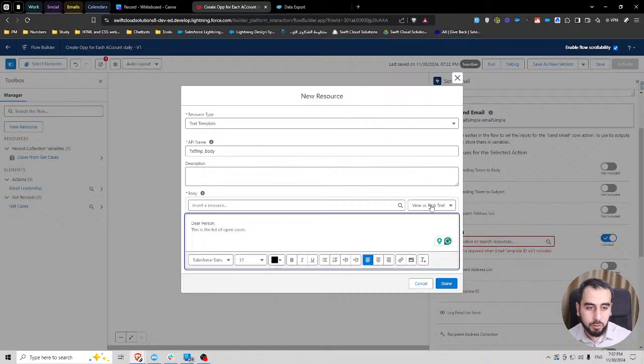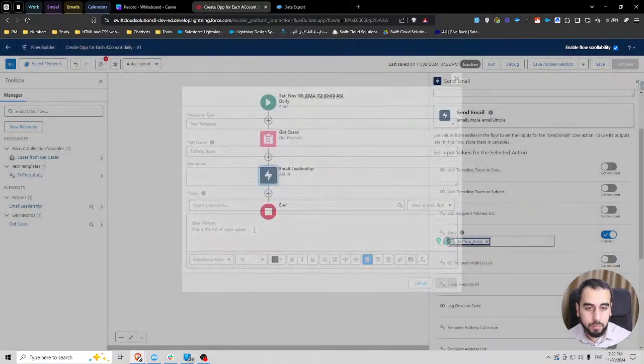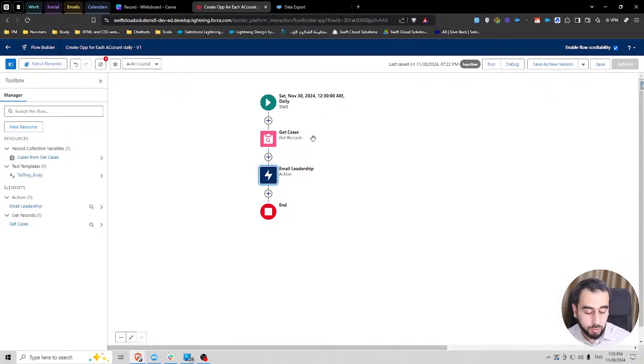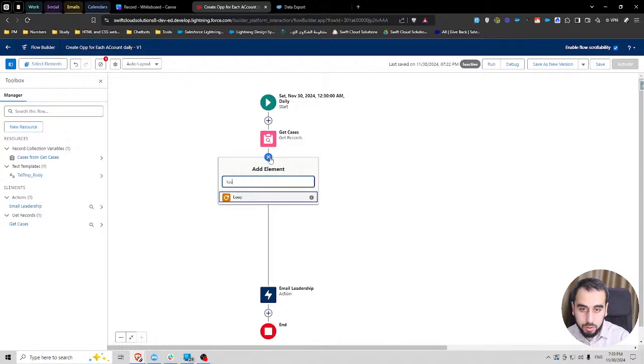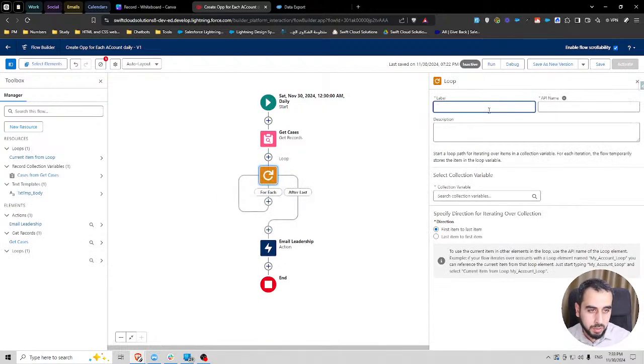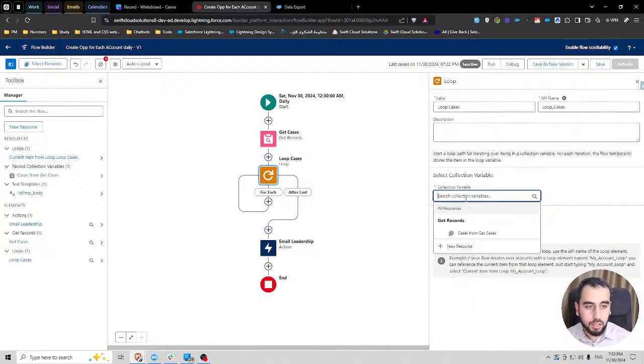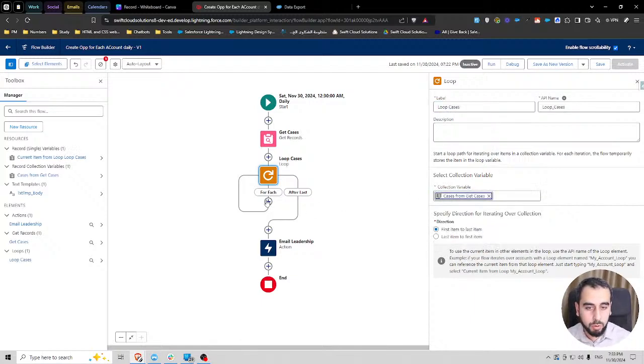I'm trying to remember how to do that. I'm gonna research it right now, but as far as I remember, I would loop through. Maybe the loop happens in the text element. I'm not sure. I will loop through the cases, and then I'm gonna create a line of